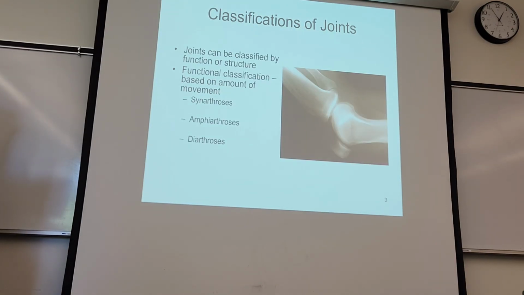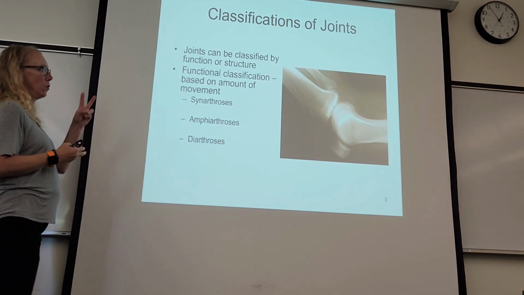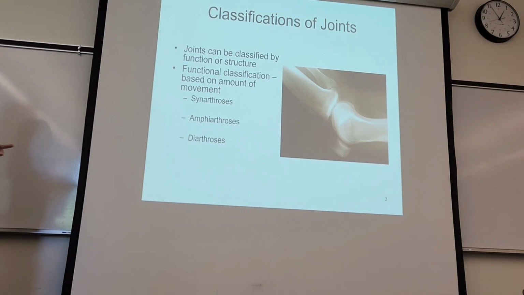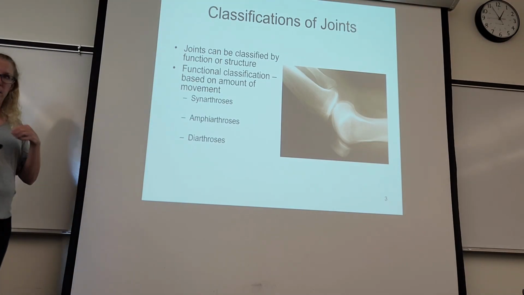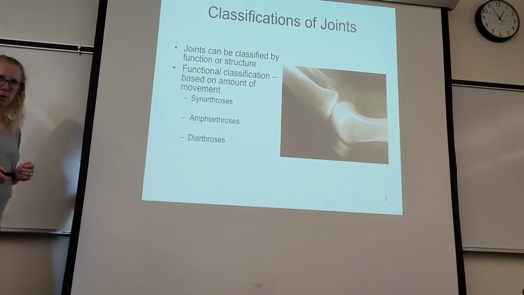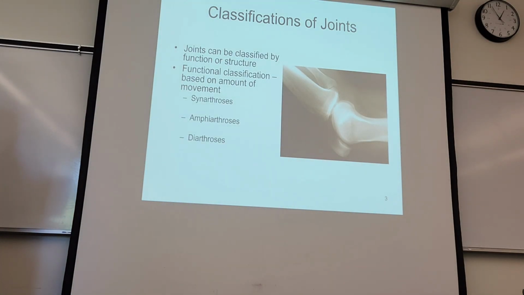Okay? All right, so how do we classify joints? There's two ways. We can classify them based on the amount of movement that they provide, or by their structure, by their anatomical structure. So let's talk about movement first. And this is, again, terminology. Arthroses means of or pertaining to a joint. So we've got synarthroses, amphiarthroses, and diarthroses. A synarthroses essentially means no movement. So no movement is provided at that joint,